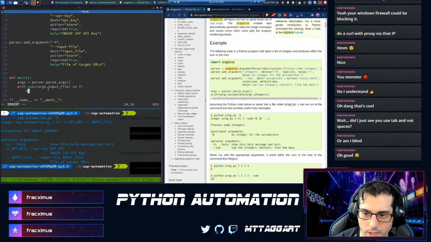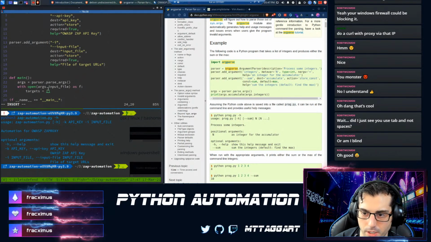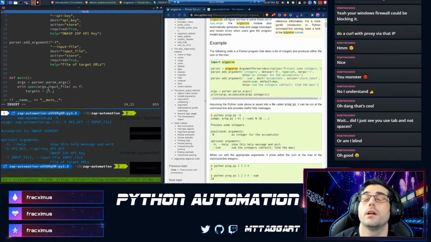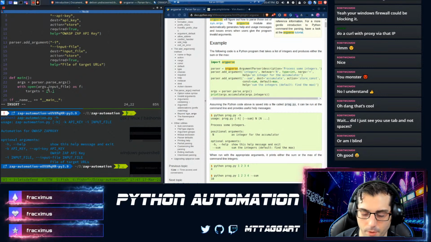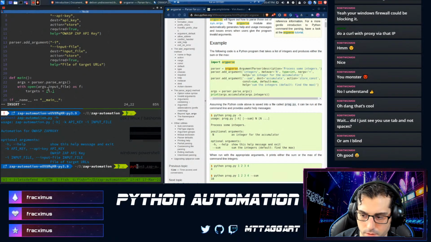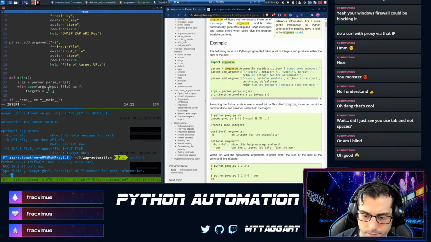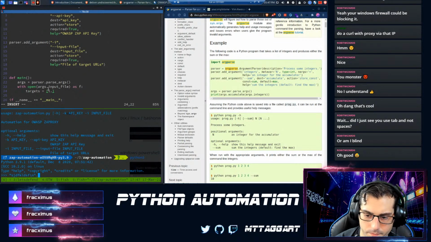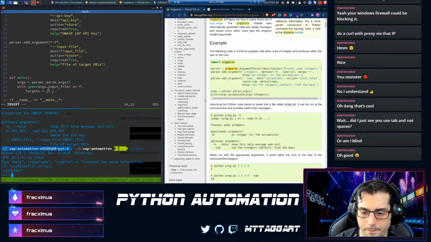We're going to do targets equals, we're going to do a list comprehension here. So it's going to be l dot, is it strip or trim? This is another one where... strip, I think. Yeah.